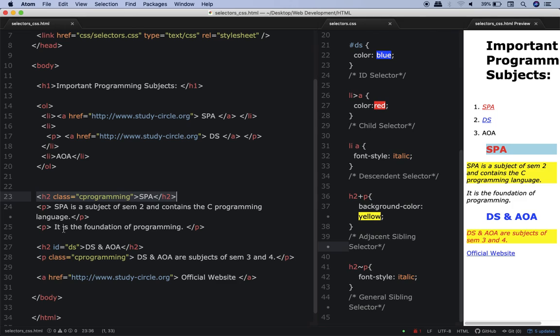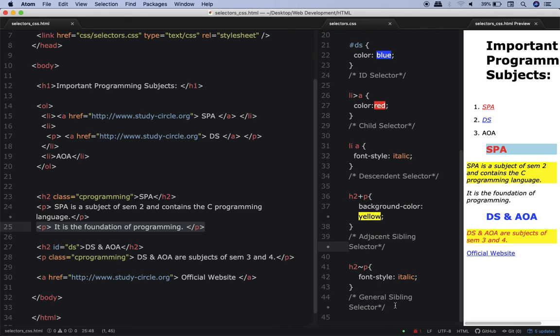So in very simple words, although this is a sibling of h2, it is not an adjacent sibling of h2. So the plus symbol over here will select only adjacent siblings, and that is why these two paragraphs are in yellow, but this paragraph, this one, its background is not yellow.